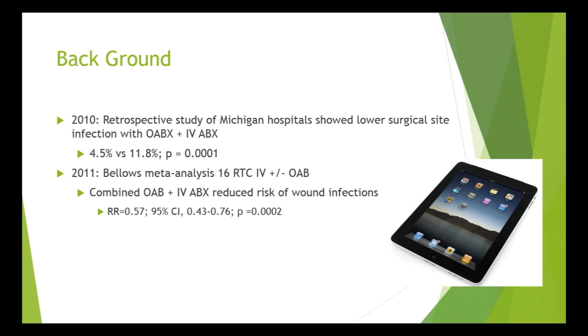Now, these are retrospective and have that limited component of the data, but over and over again, we see that those that received oral antibiotics along with the mechanical bowel preparation really did better. And there were several randomized controlled trials that indicated and confirmed this with different levels of data. Bellows reported a meta-analysis of 16 randomized trials where they used the three combined therapies and again had a significant